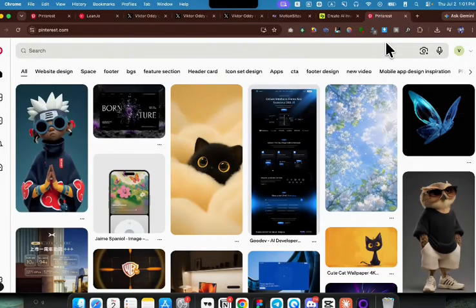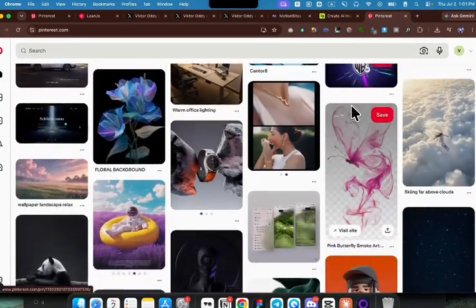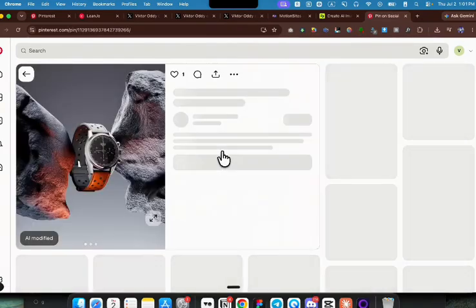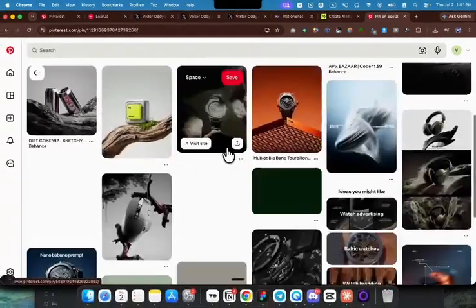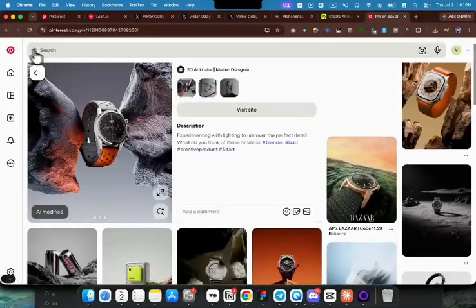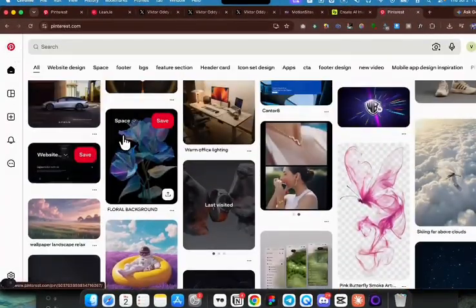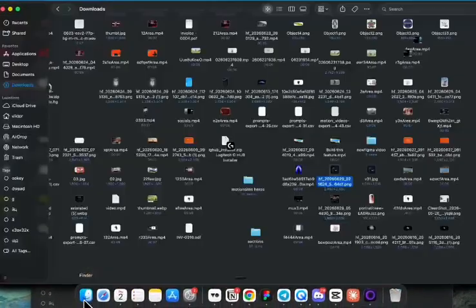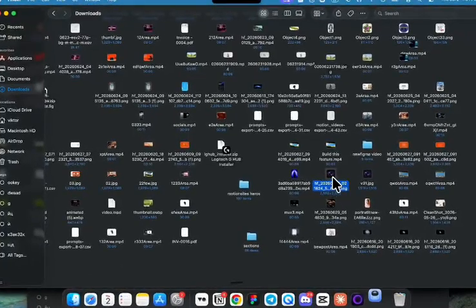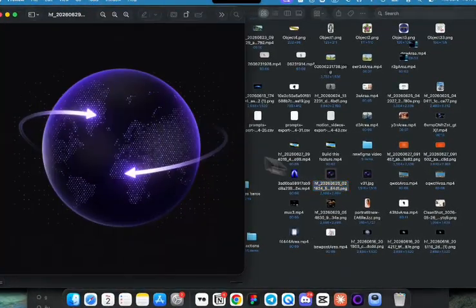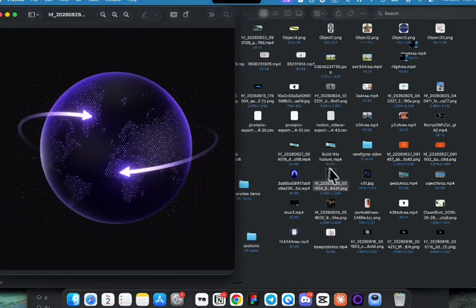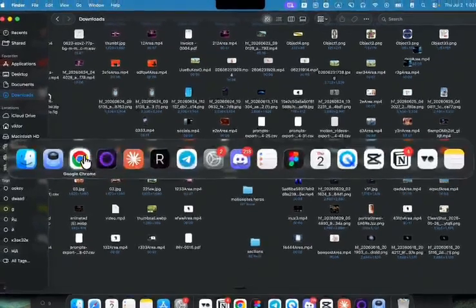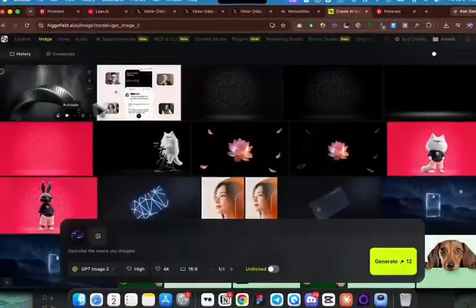The first step with building with any model is going to Pinterest and looking for some inspiration that you like, something that looks 3D, maybe some interactions and maybe some animations that you like. Just find an image and then we'll start working with it. I already found this image that looks pretty cool, and I want to animate this and then use it as interaction on my website. So the first thing that I can do is I can go to ChatGPT image, or